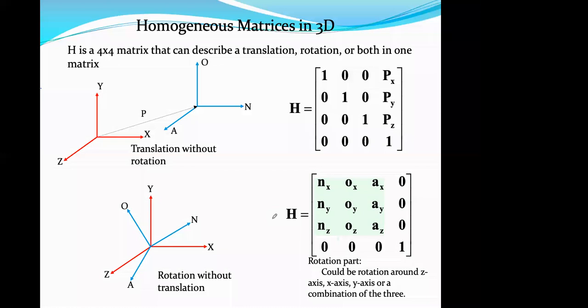you can see the translation, a 4x4 matrix that can describe a translation, rotation, or both in one matrix. So you can see the red matrix. This is the red frame assignment here, and it can be translated. ये जैसा फ्रेम है, इस फ्रेम को उठा के यहाँ पर रख दिया है. ये जो O है, ये नए O में चेंज हो गया है, लेकिन ये डिस्टेंस P है, और P डिस्टेंस से क्या हुआ है कि एक x डायरेक्शन में Px है, y डायरेक्शन में Py है, एंड z डायरेक्शन में Pz है.